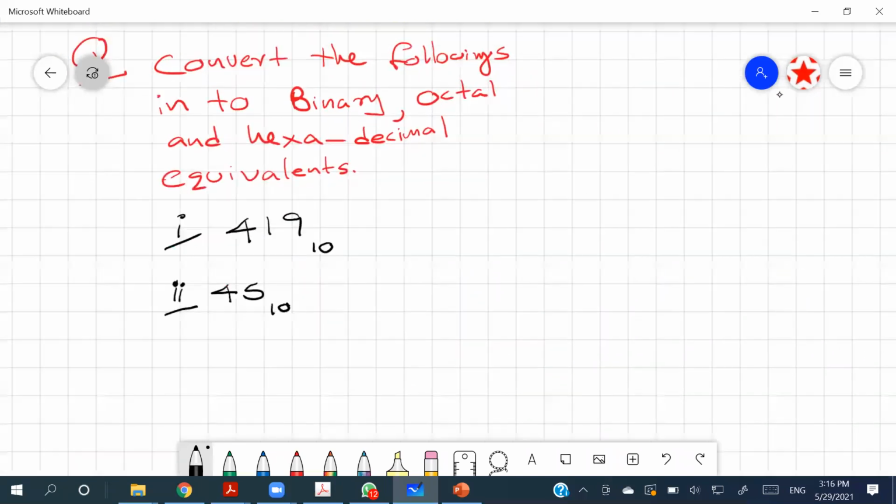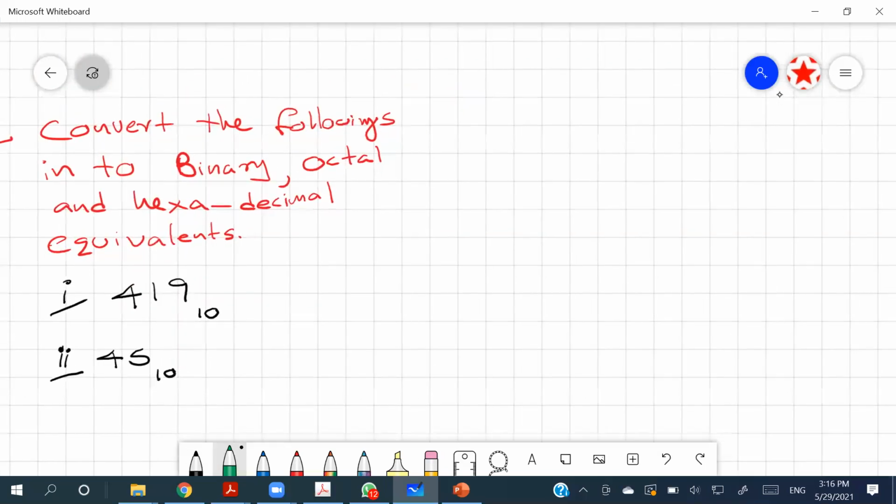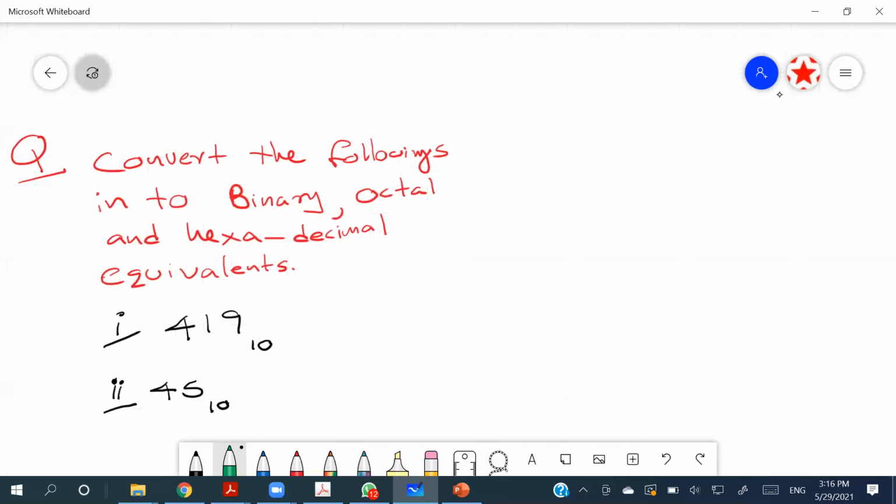Right? So I'll take 419 and I divide it by 2. So there will be 2 for 4 and nothing for 1. For 19, there will be 9. 1 is remaining. Then again, when I am dividing by 2,